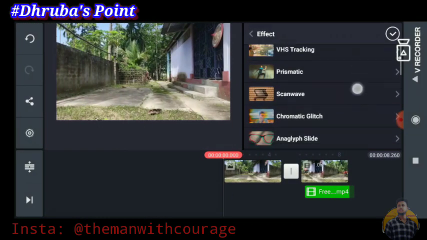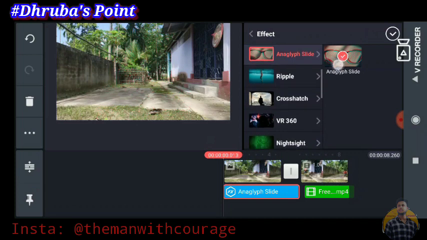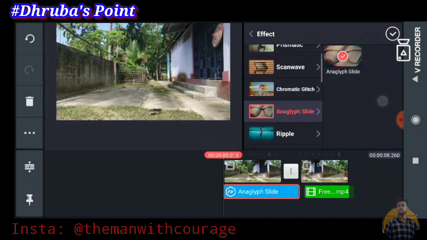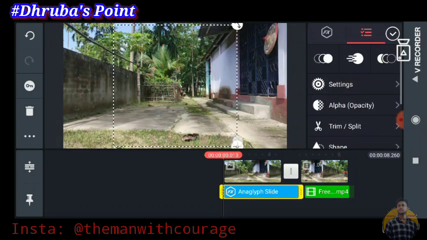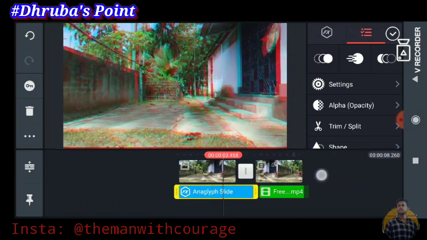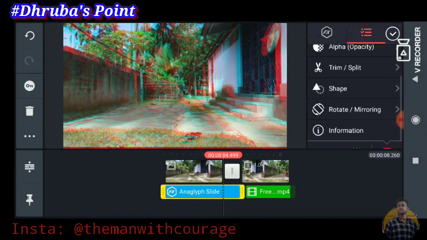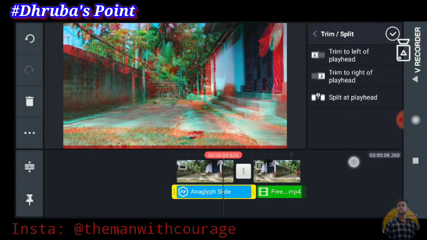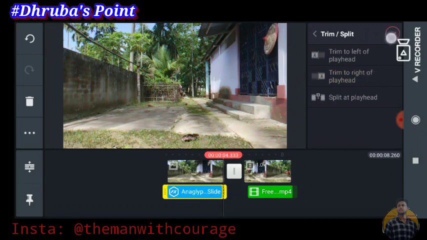I have downloaded some effects, so I am going to apply it. Okay, let's cut the unnecessary part of this effect. Go trim and try to play it.